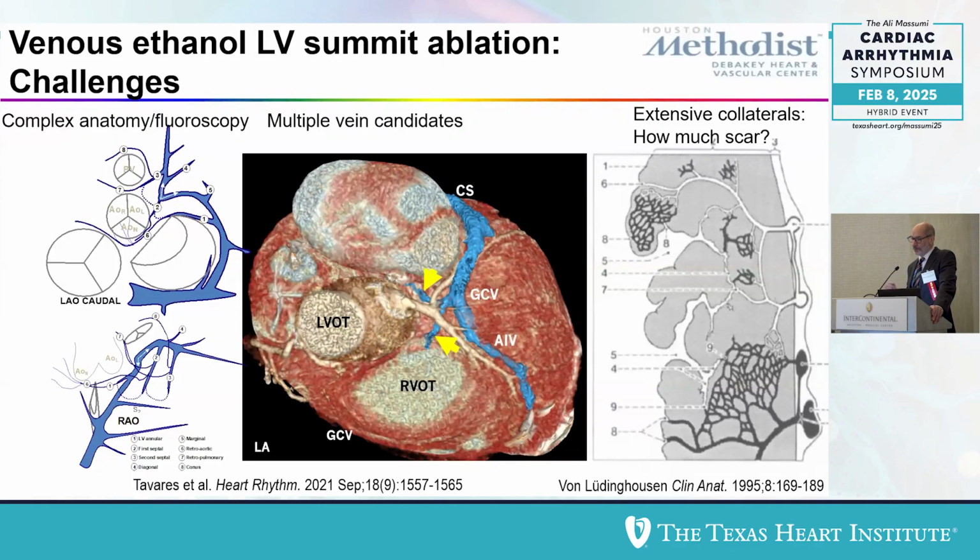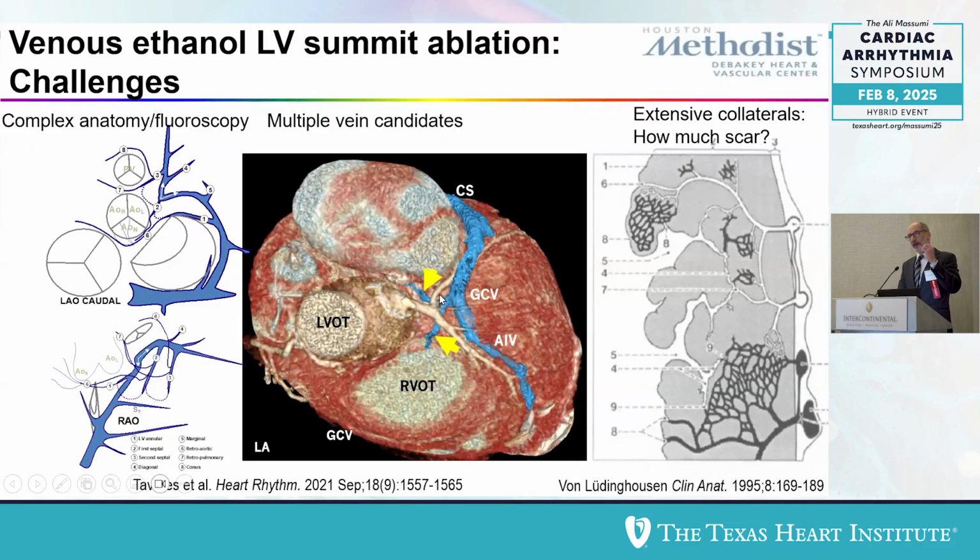From the endocardium, from the right ventricular outflow tract, you could reach that. But again, you have myocardium to go through and the valvular tissue, as well as from the left ventricular outflow tract and the aortic sinus of Valsalva. We spent a long time trying to understand the venous anatomy of the LV summit. We looked at a lot of CT scans, and consistently there are LV summit veins, and from the coronary sinus you can reach them. However, there's enormous variability in the anatomical variations of the veins of the LV summit, and